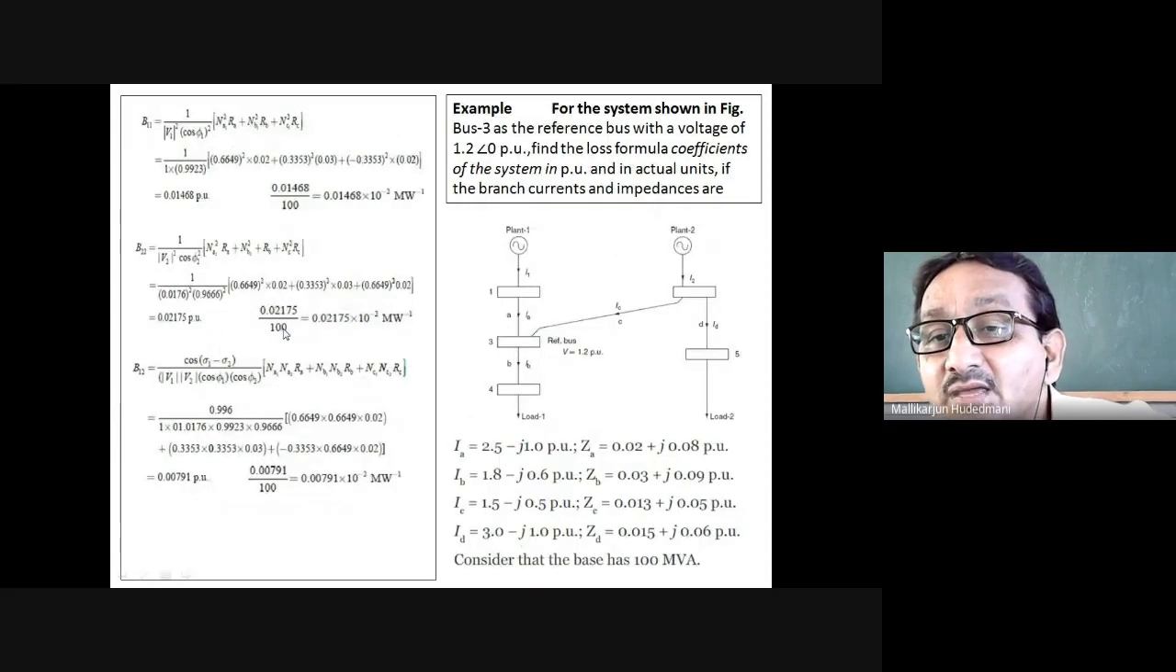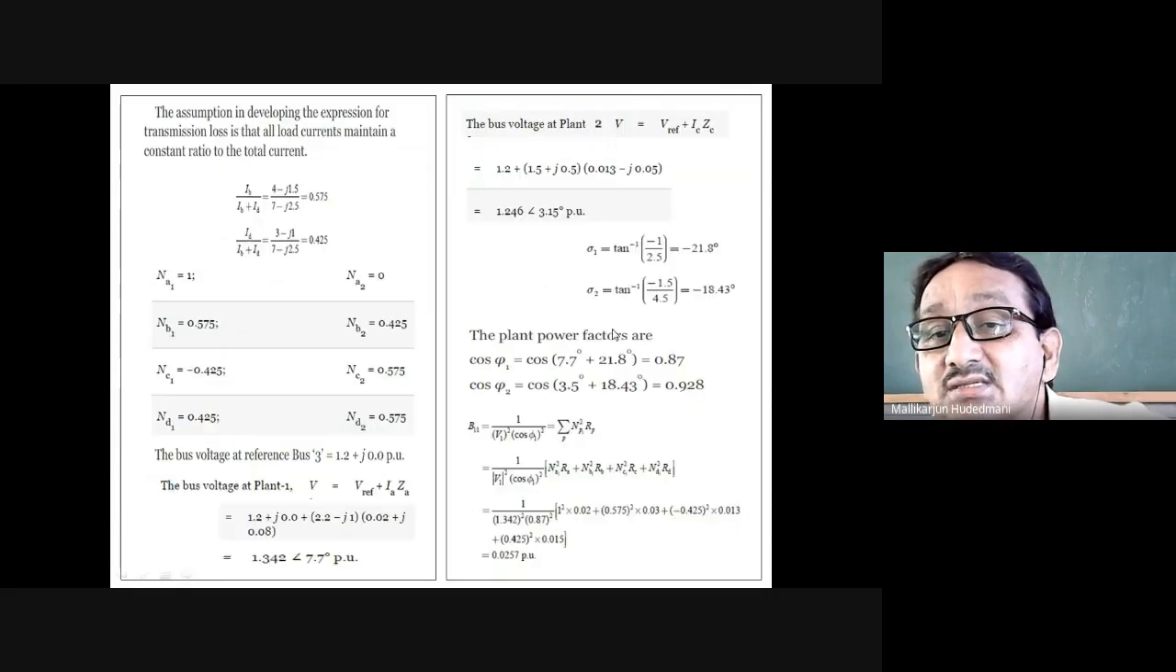B is obtained, A is obtained. What about C and D I should do? What is D now? D is nothing but load 2's contribution and load C. I will see here. What is C contribution? C contribution is, just see here,